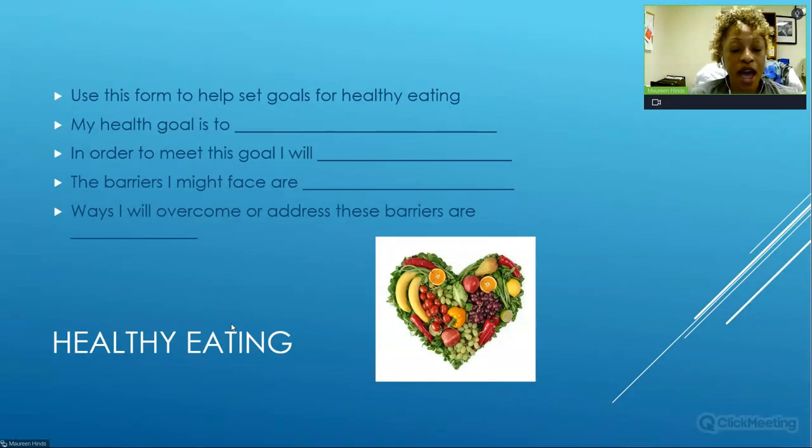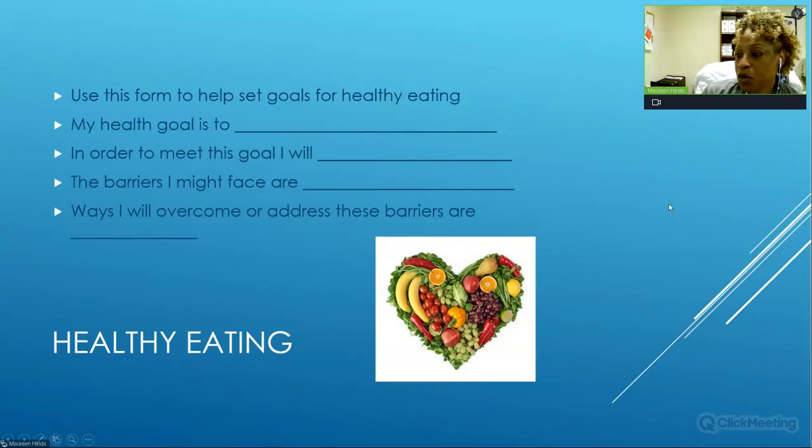It is smart in that it is specific. You're going to eat breakfast, and you're going to do it 3 times a week. It is measurable because at the end of a month, if I ask, "Did you eat 3 times a week or did you eat 2 times a week?" we can measure it that way, right? It's action oriented because it's telling us exactly what you plan to do. It's realistic because I'm thinking that you're probably not eating breakfast at all right now. And it's timely, giving us that by next month. So you're giving yourself a month to incorporate breakfast in your daily routine. So good job, Esther. Thank you.